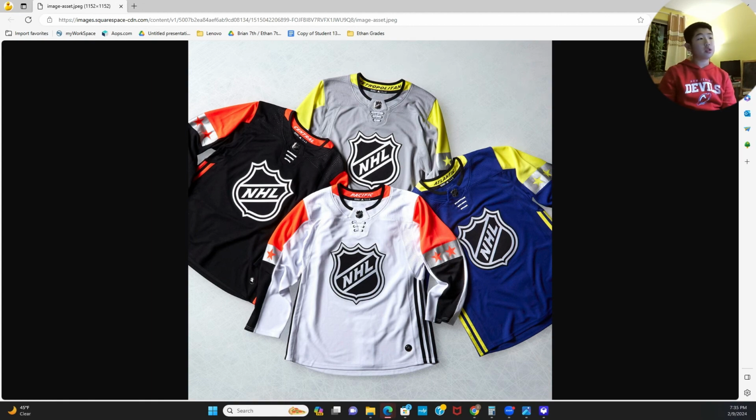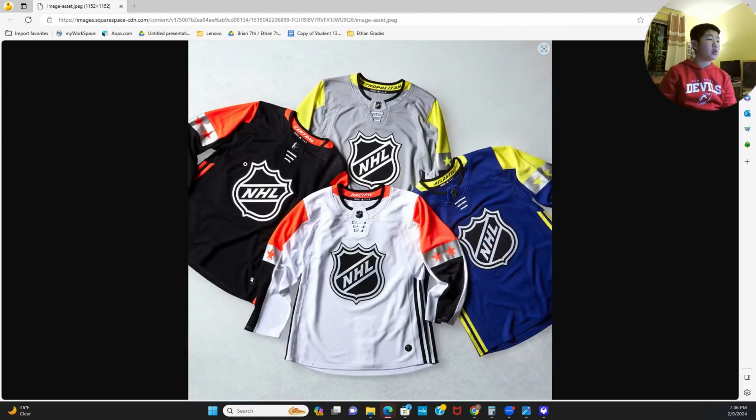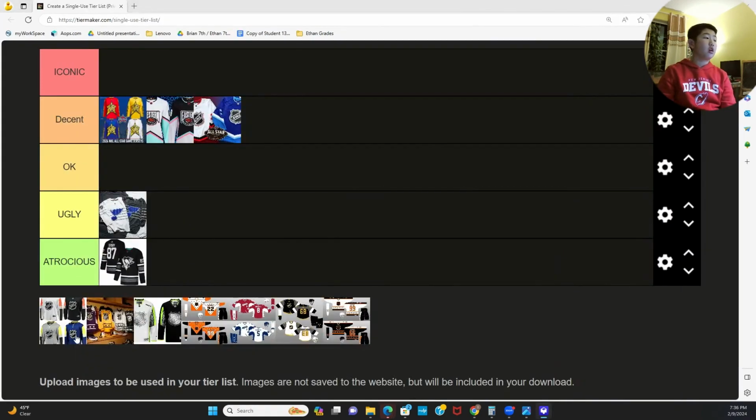Honestly, with these jerseys, the gray doesn't fit in very well in my opinion, but the white gives off soccer vibes. I think that's a good thing now. This is a perfect color combination, and this one is my favorite. The silver, though, on each of them, I just can't really get my mind around, especially on the gray. The gray is just ugly. So